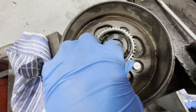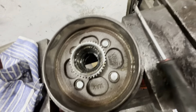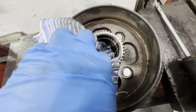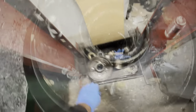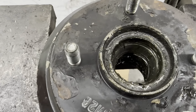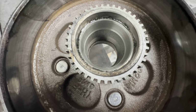Now we're going to remove this one. And what we're going to do is press that one out and press this one out as well. You can see that right there. So as you can see, I'm not going to try and press them, so I'm going to use a